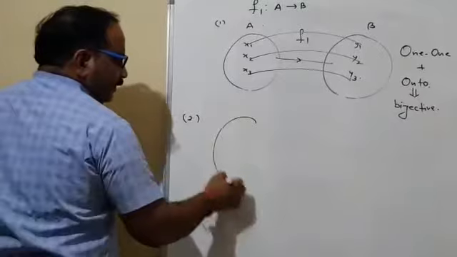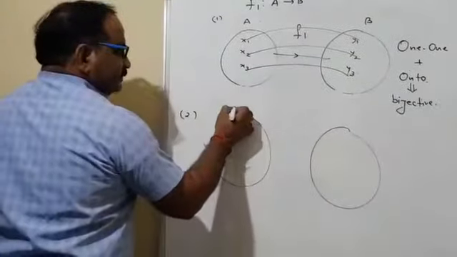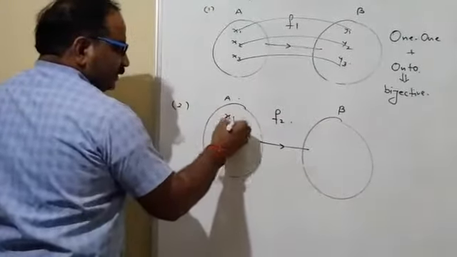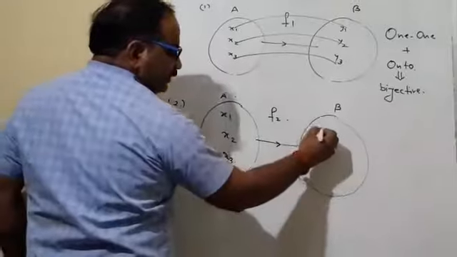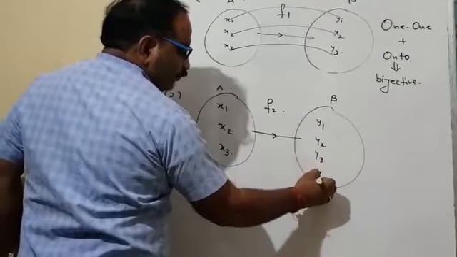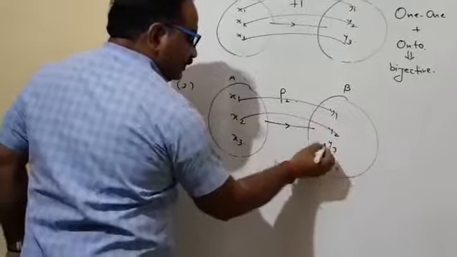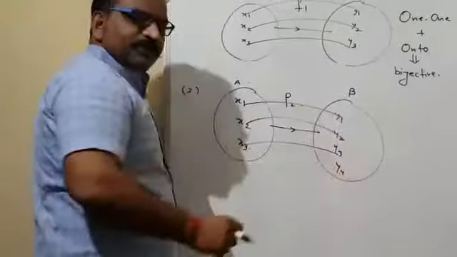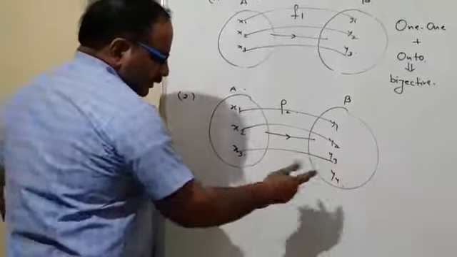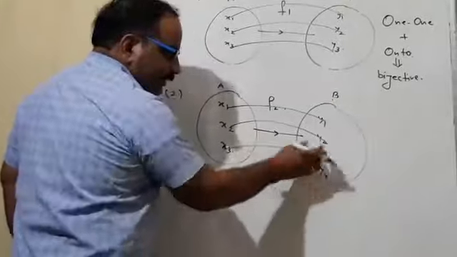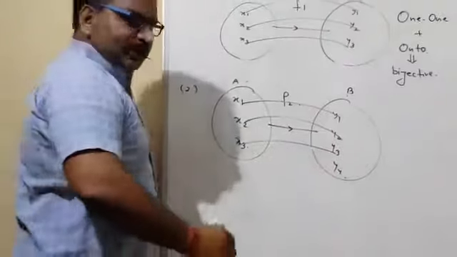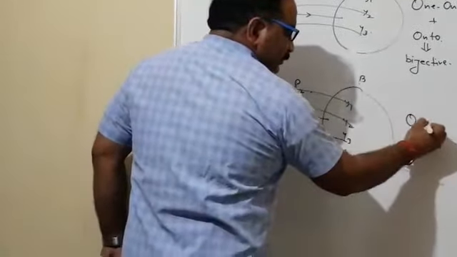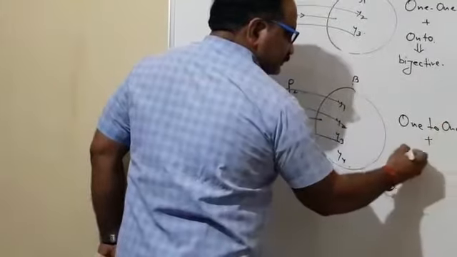Second, again I am drawing a diagram here. This is set A to set B. Another function f2 is defined with elements x1, x2, x3 and y1, y2, y3, y4, and connectivity is accordingly. In this diagram we can observe the function definition holds. It is 1-1 also, but the y4 element is left behind in the codomain which has no pre-image in the domain. That means it is not onto, it is into. So I can say it is 1-1 plus into.